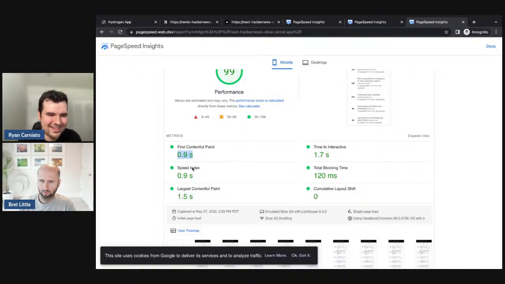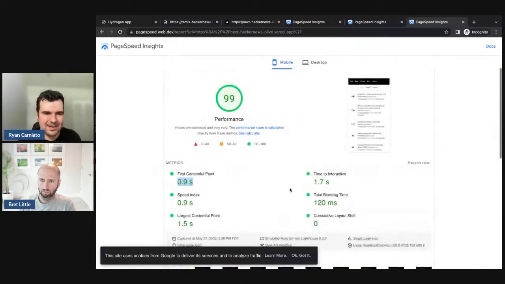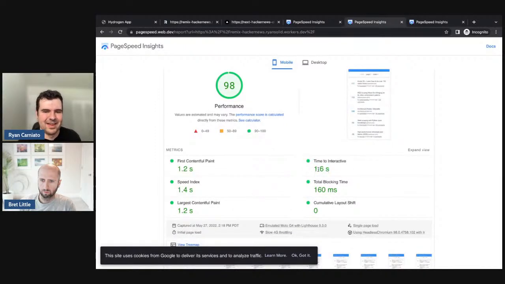because this makes the hydration look like it's less, but this makes no sense because there's no streaming. How can the first contentful paint and the largest contentful paint be so different? My guess is that there's something in Next that triggers the paint early, like I was observing a few weeks back, and there's just something weird going on. I don't know how to explain it. In the end, it doesn't end up making that much of a difference. The total time is in the same range as Remix, but